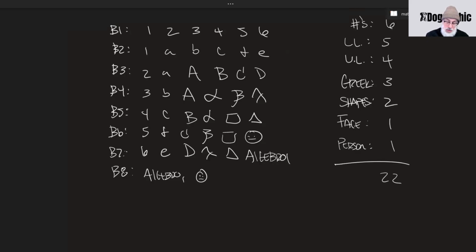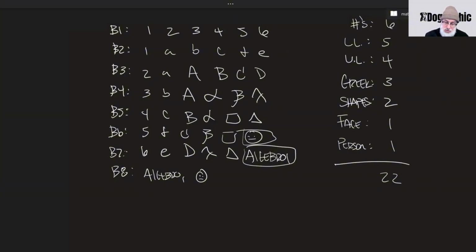Can we use a Greek letter? If we use alpha, so right now we have this and this, so we can't use beta and we can't use alpha. So we can pick at this point a Greek letter or